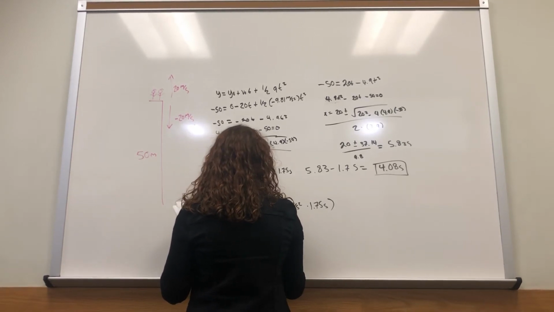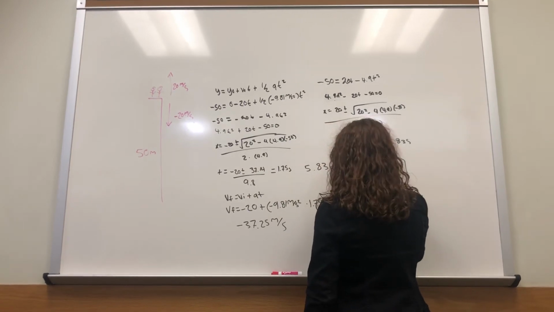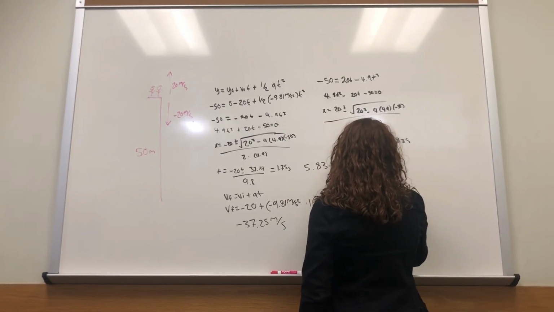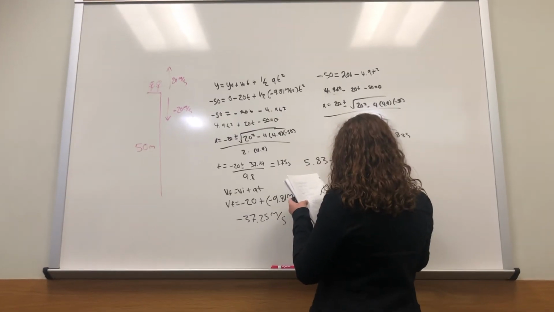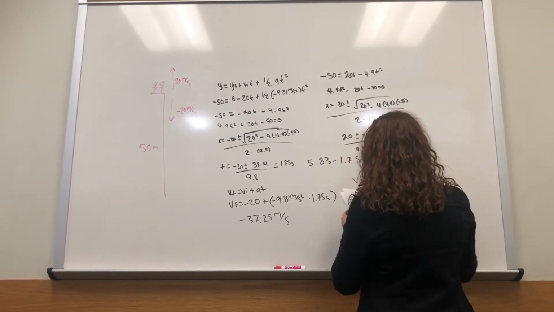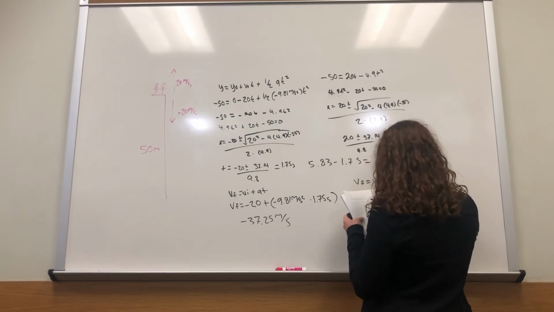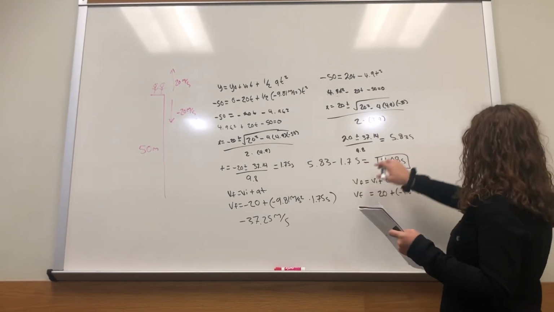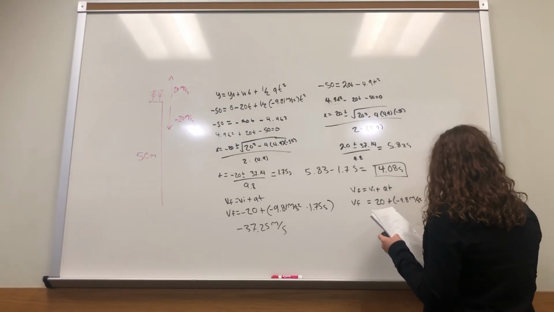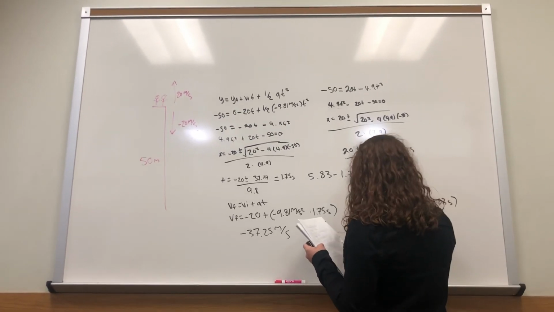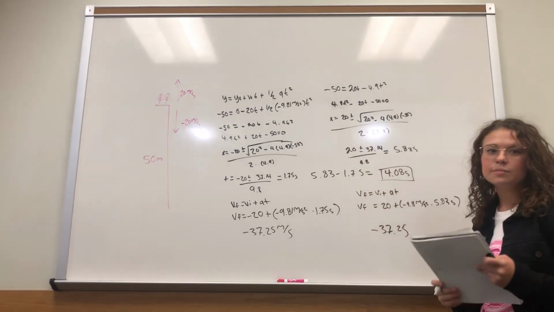So we get that her speed is negative 37.25 meters per second. And now we'll do the same thing for Jerry using velocity final equals velocity initial plus acceleration multiplied by time. So our velocity final equals 20 plus negative 9.8 meters per second squared times 5.83 seconds. We just solved for that. And once again, we get that his speed is also negative 37.25. So they're falling at the same speed, and